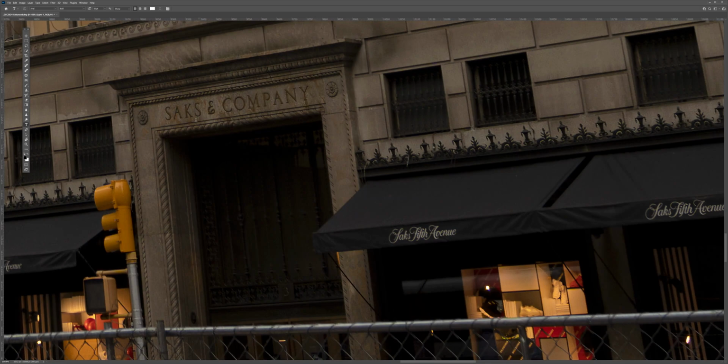And you can see here, there's actually detail up in this marble or granite. There's a bit of detail and still a bit of noise in the Saks sign, but I think it gives a much more natural result. Instead of trying to look like an illustration, it looks like a photo. It looks like a photo that's been somewhat upscaled. I don't know if I would even consider this to be 4x upscaled, but here at 150-some percent zoom, it still looks perfectly natural and holds up quite well to